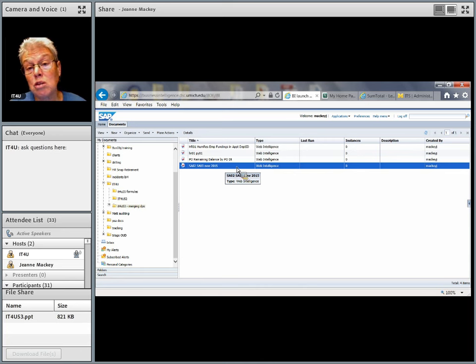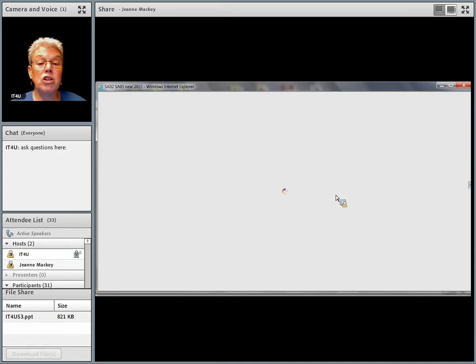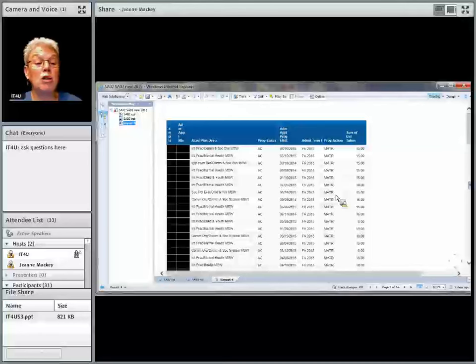So this is working with the recruiting and admissions data set and student records. So I'll start by double-clicking, and as you know, when I double-click, it opens it up in reading mode. You can't do a whole lot in reading mode. You have to be in design mode to do much of anything.